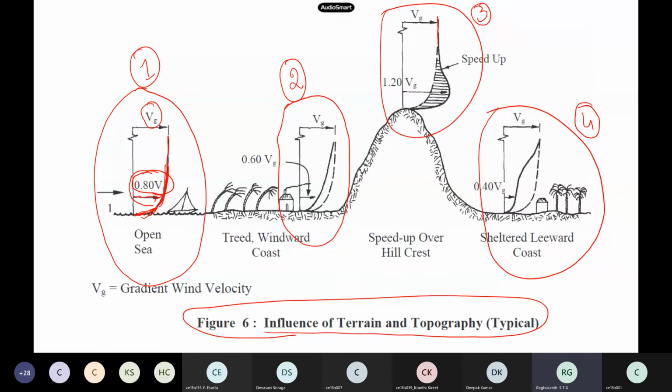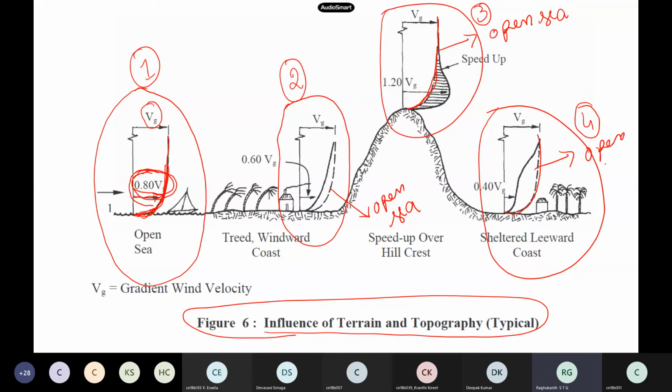But now this is our boundary layer here. What is the value here? Approximately, this has been shown at this depth, so it is 0.8 times Vg. Now what is the velocity for this 2? This dotted line is the same as this one, the open sea. You follow, right? The dotted lines, whether it has increased or decreased. Whatever is plotted with the dotted line is our open sea. We are comparing with that one.